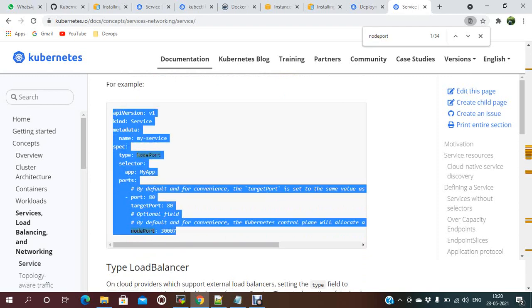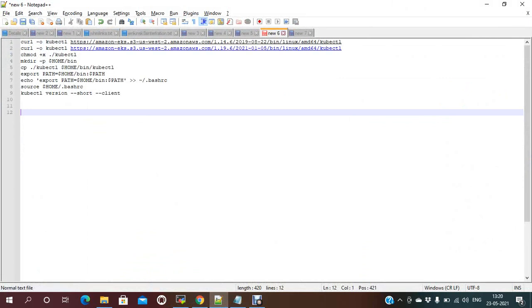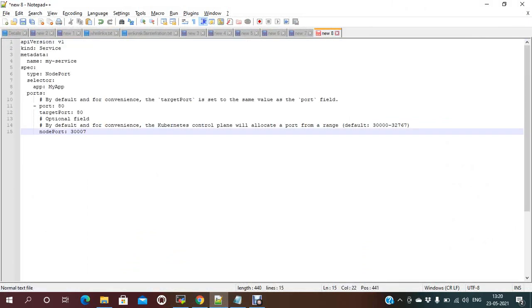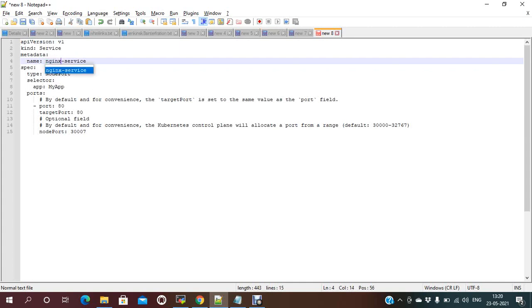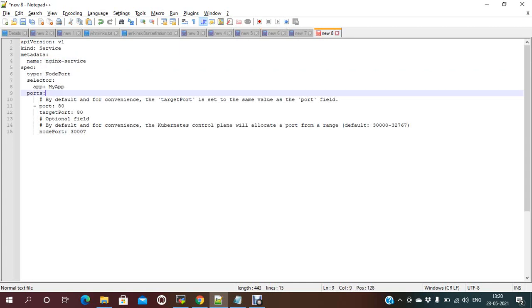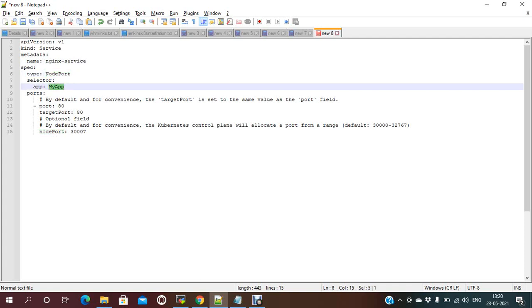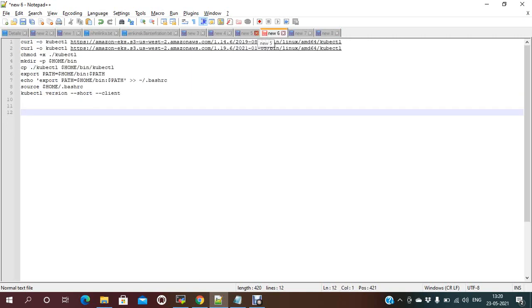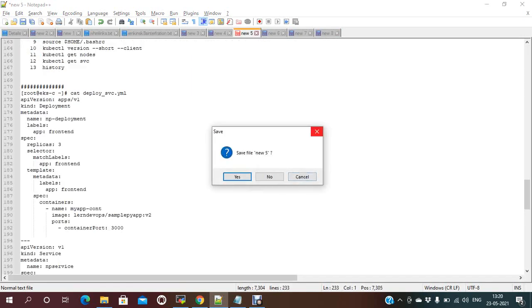Whatever the name is, you just need to provide the same name. Here the metadata name is nginx-service, and the type is NodePort, and the name is nginx.